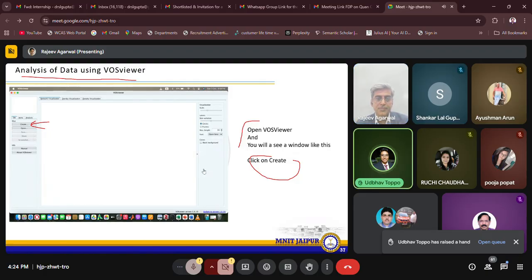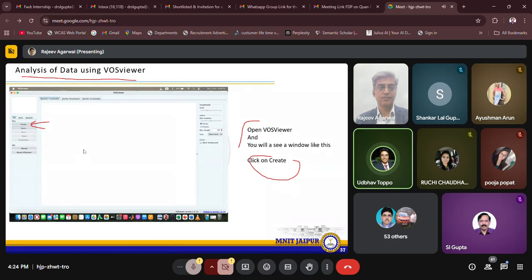Udbhav here. So, just wanted to ask for VOSviewer in bibliometric analysis, when we are taking a certain database, it is okay. But let's say if I have already created a set of literature review that I have already read, and I want to create visualizations for that, is it reliable for publishing those papers? Because it's accumulated from various databases. So from where have you downloaded that? Sir, some from Scopus, some from Web of Science, some from PubMed, but it's not from a single database.